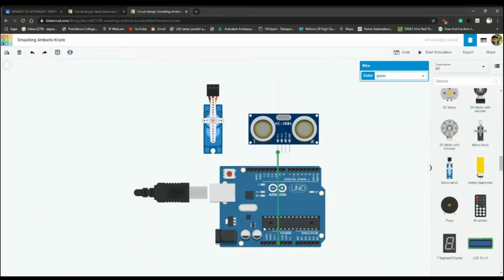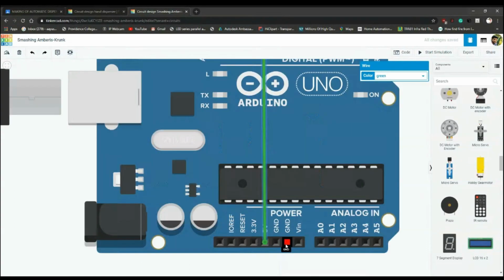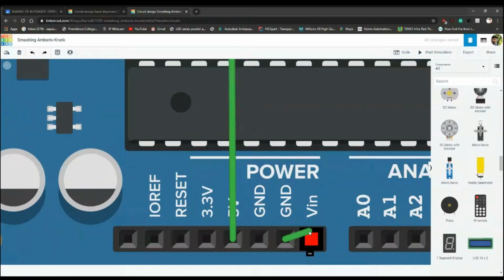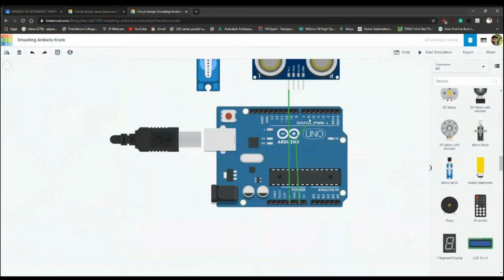Okay, and so we have just given the positive lead to the sensor, and right now we are going to give the negative lead. The negative, in terms of electronics, we say it as ground signal. So I'll select the ground. Here you can see in the Arduino we have two ground. Okay, this was the 5 volt, this is the ground, and this is also ground. So I am going to select one pin over here, and then I am going to drag it over the ground.